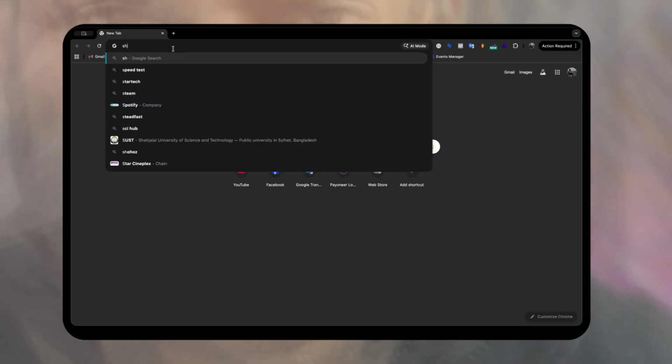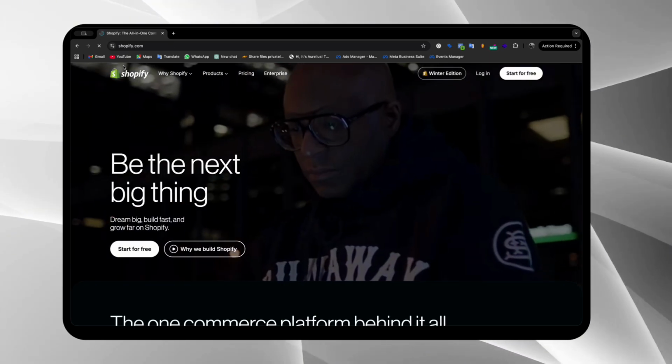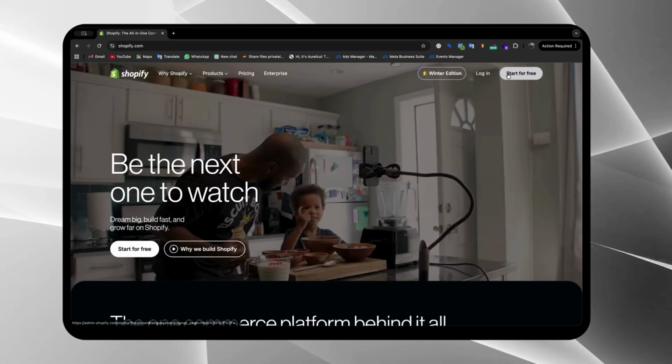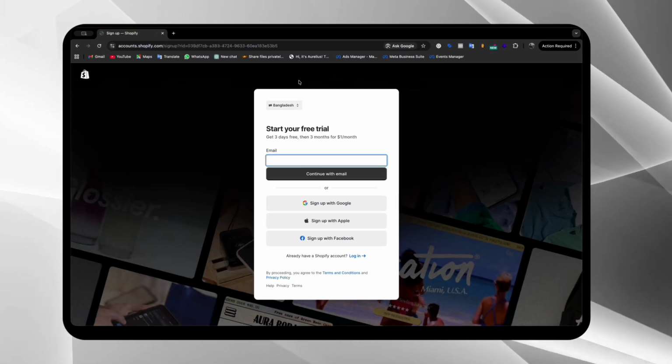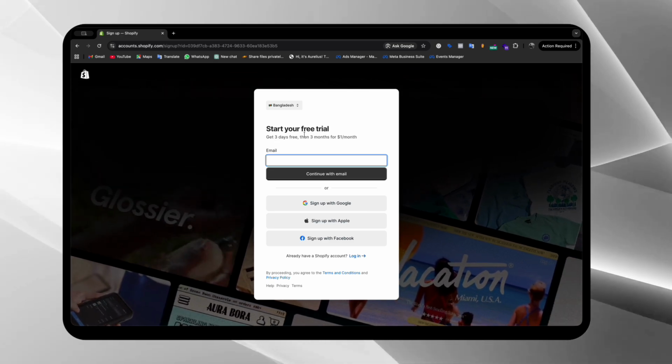So let's go. Alright, first of all go to shopify.com and you will get their official website, and here we need to sign up first. So if I click on start for free,